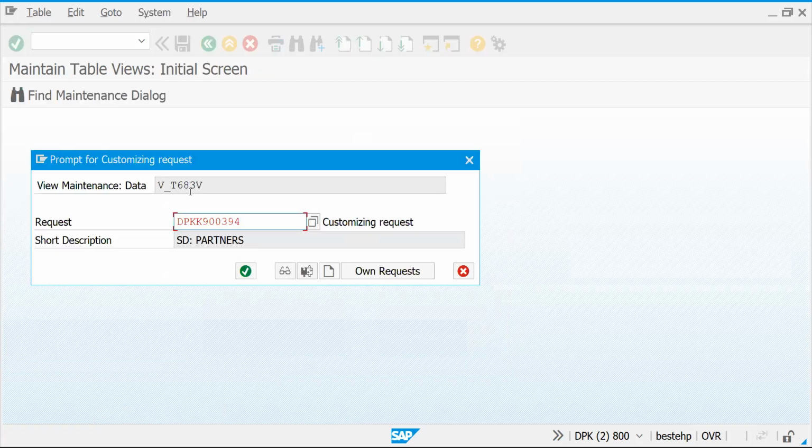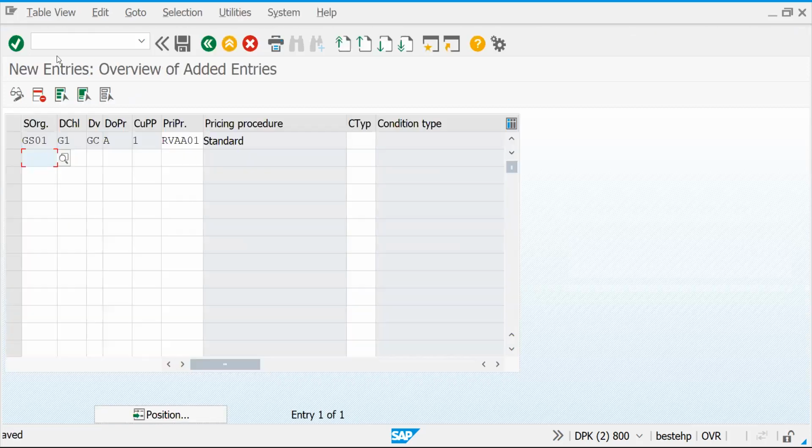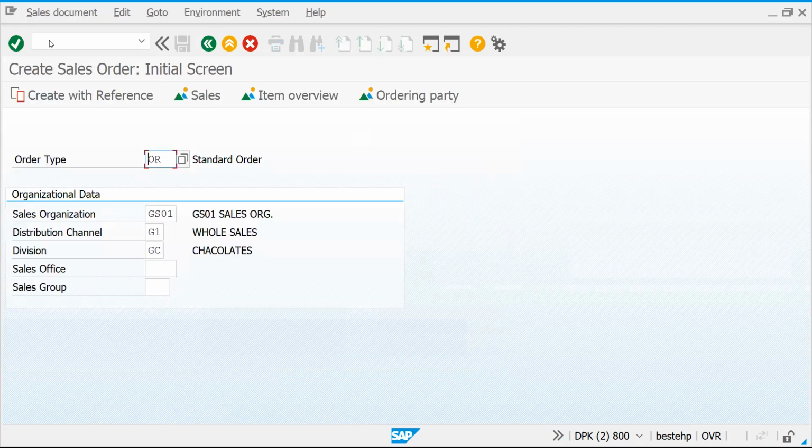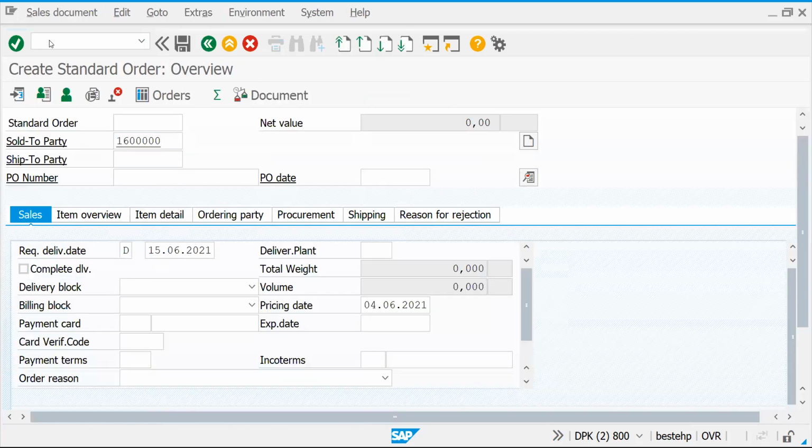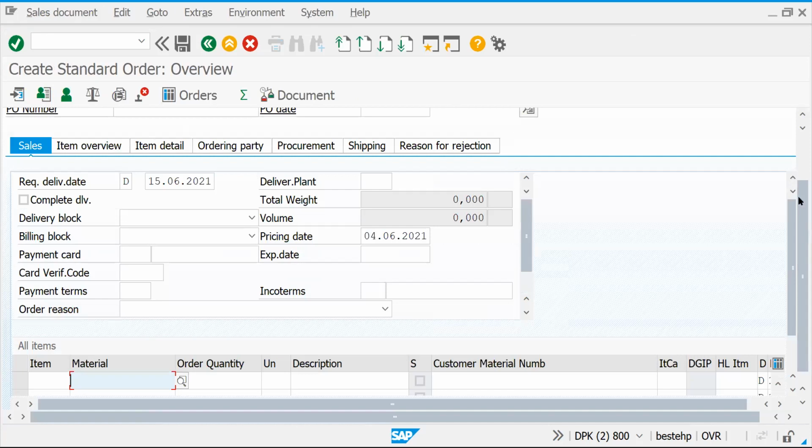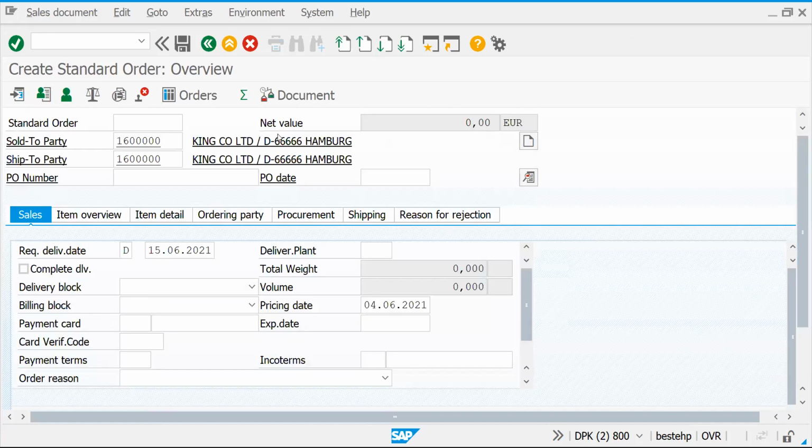I'm just resolving this error. Maybe let me try to put the sales order now. See, now if you enter, your customer is accepted, right? I resolved that error. We'll get into why I resolved that in another few minutes. So this is sold to, and ship to is the same.